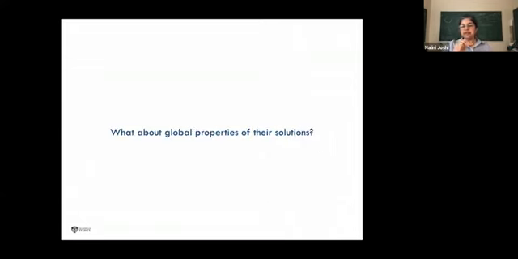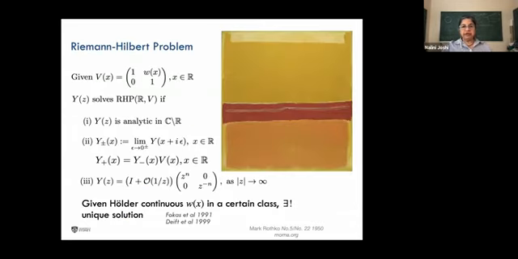But there still remain many questions to be answered. One of those perennial problems we have is to understand the global properties of these solutions. So the solutions of the discrete Painlevé equations are also transcendental functions, and we know almost nothing about them. One of the ways in which I've been tackling this in recent times is to consider the monodromy problem and the corresponding Riemann-Hilbert problem for the setting of these linear equations.